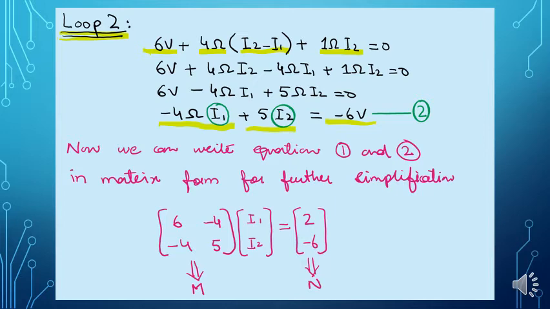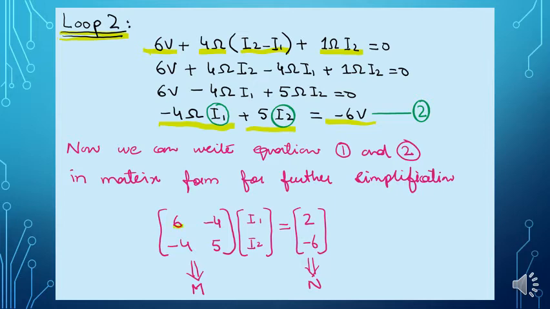Our second method, a few students were asking me in my previous lecture, was to find the solution with the help of determinants of the matrix. So today I will discuss this determinant method so that you can clearly understand the concept. In this we are using both equations, equation number 1 and equation number 2, and we are writing here their initial values.